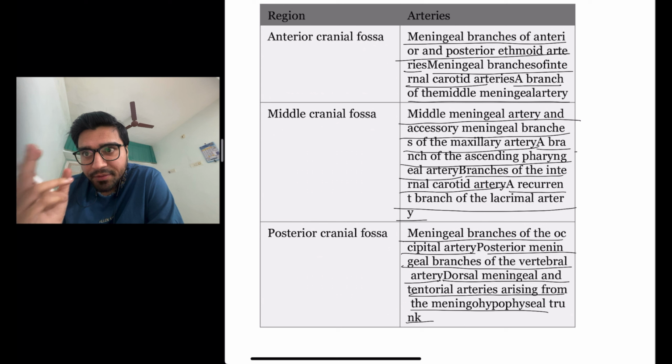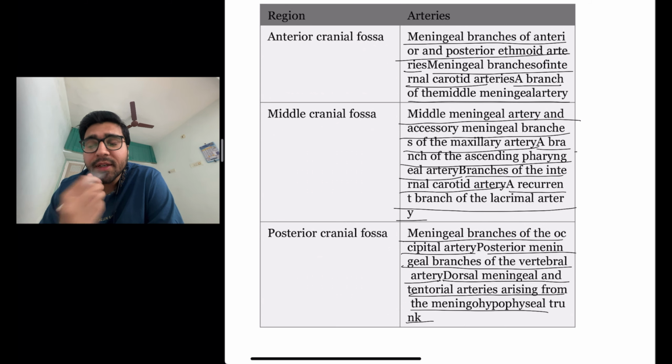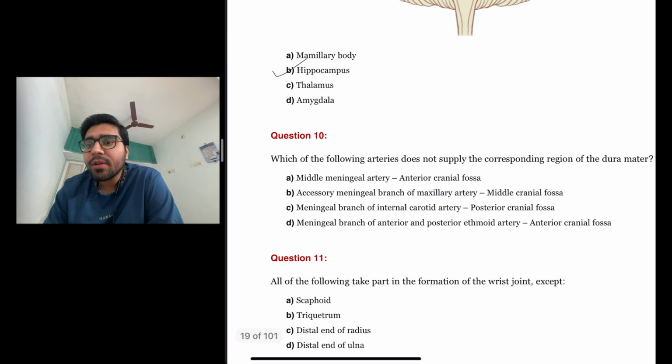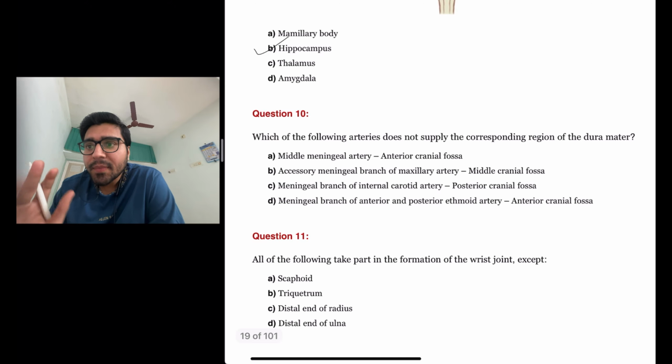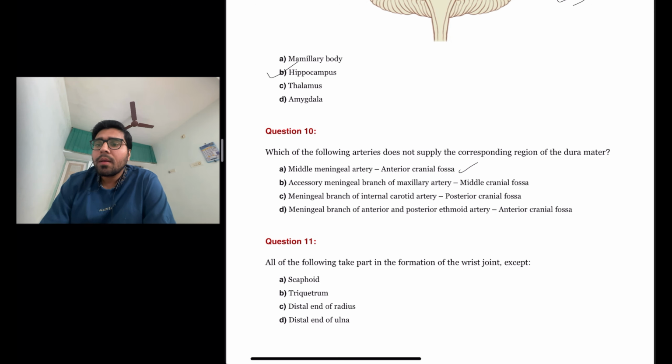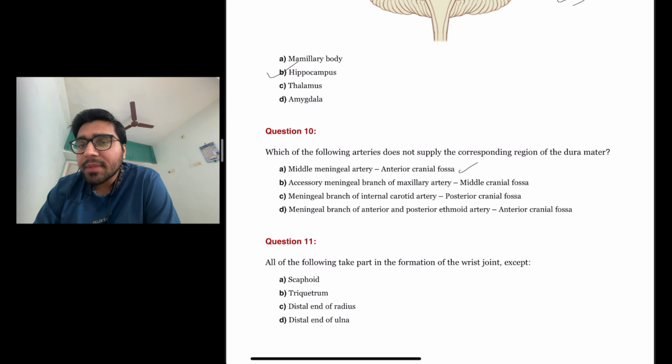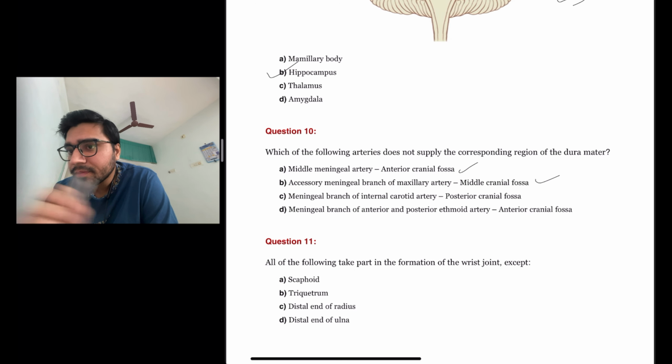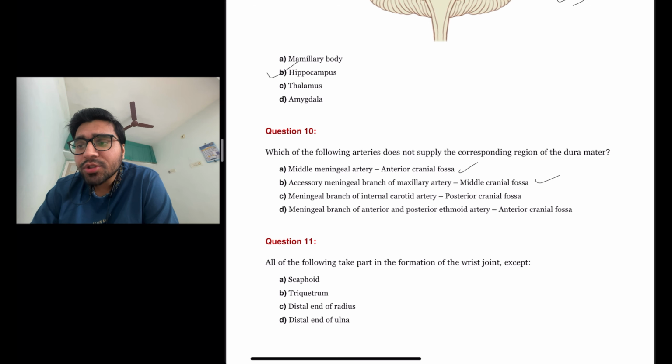So we have to remember all these blood supplies of the different parts of the cranial fossa, that is anterior, middle, and posterior. Now this kind of question becomes easy. Middle meningeal artery is a blood supply of the anterior cranial fossa. This one is true. The next one: accessory meningeal branches of the maxillary artery supply the middle cranial fossa. This one is true. Meningeal branch of the internal carotid artery supplies the posterior cranial fossa. This one is wrong